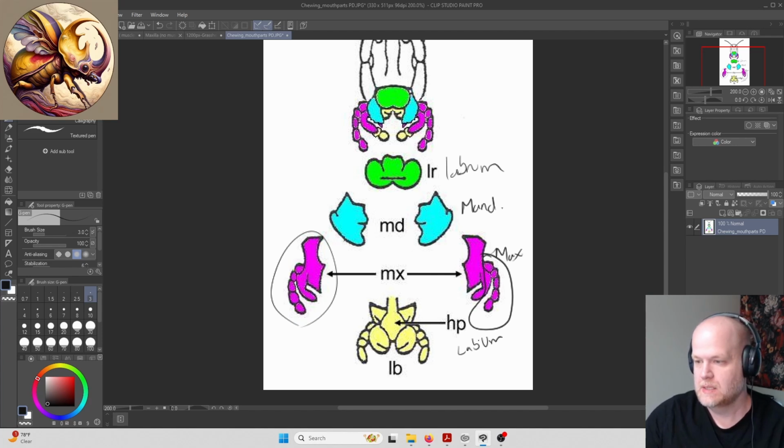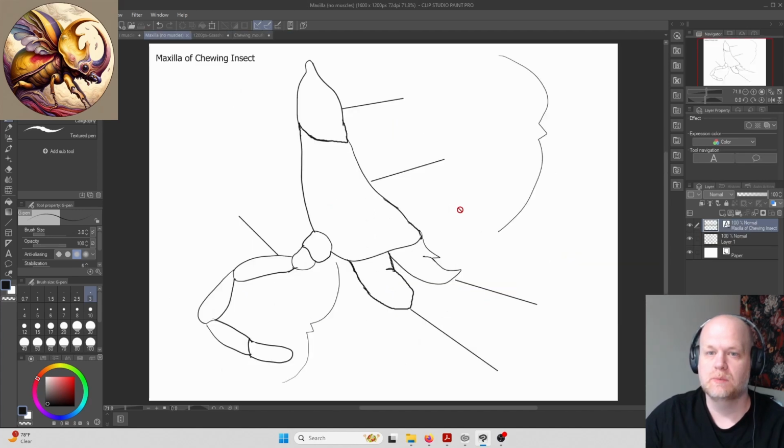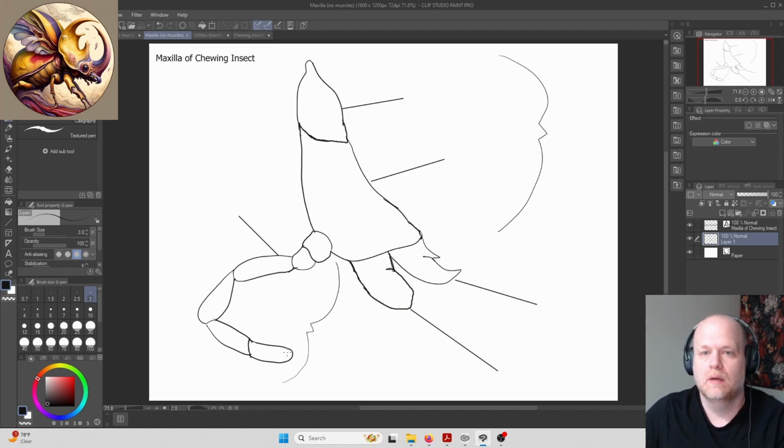With that in mind, we will start with a close-up drawing of what a maxilla looks like. Maxillae is plural, maxilla is singular. So this whole thing is a maxilla. The maxillae are like the mandibles in that they are derived from originally a set of appendages which have then been modified into mouth parts. Unlike the mandible, it's much more obvious in the maxillae that this is a set